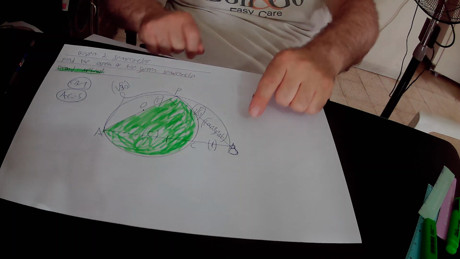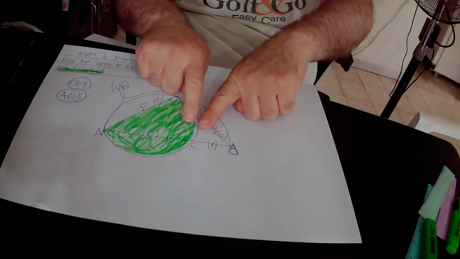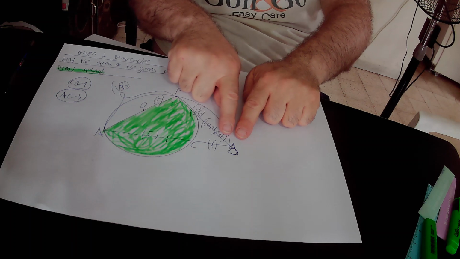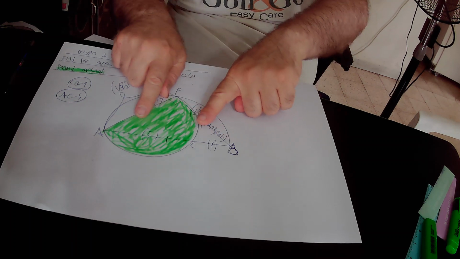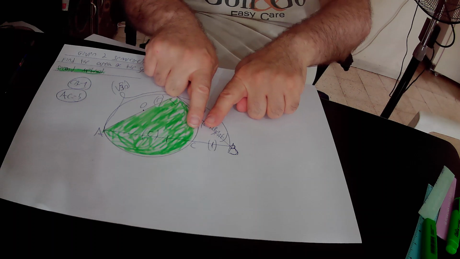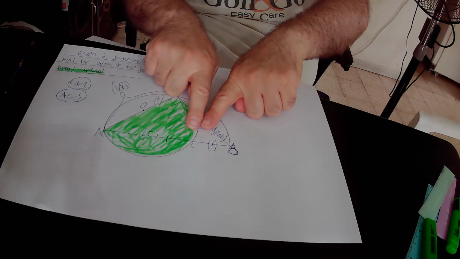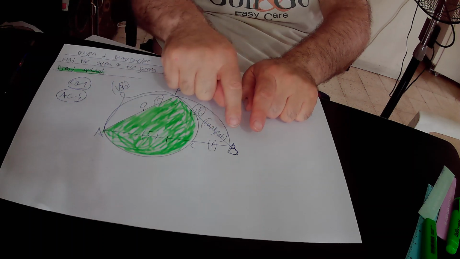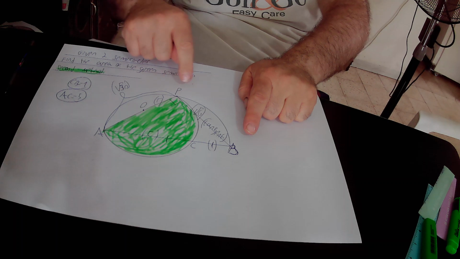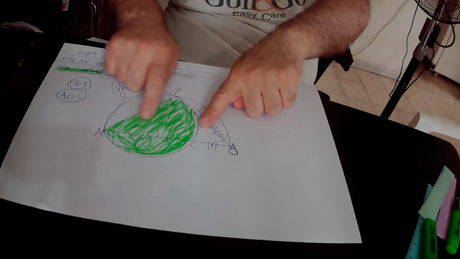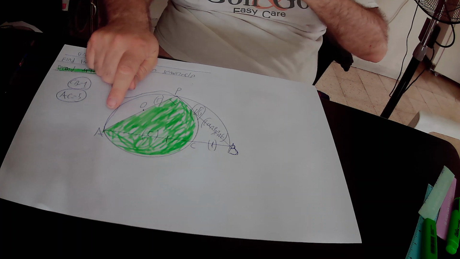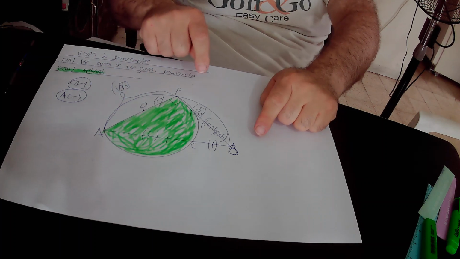In addition, from the same common extent point B, we have also here chord CA. If we draw a straight line towards this green semicircle, it will cut this green semicircle at points P and A. So here, from common extent point B, we have tangent BP, and we also have here chord CA. So all the requirements of rule 10 are satisfied, and therefore according to rule 10, the following equation will be